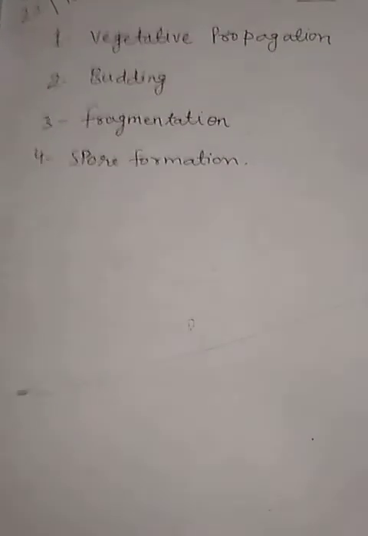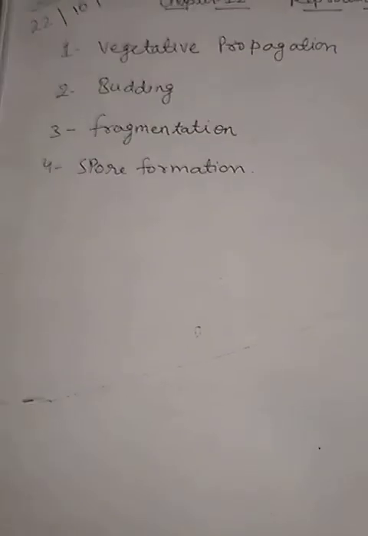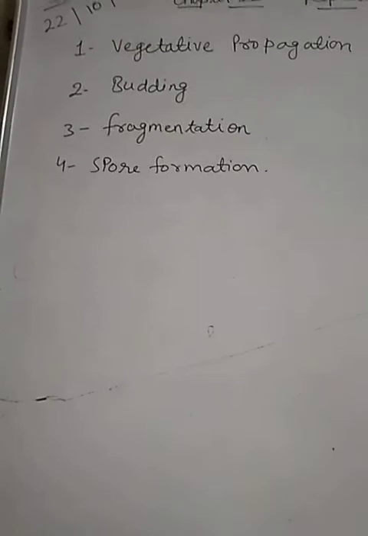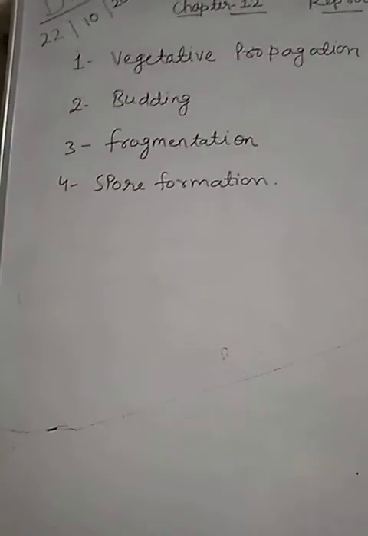First, by cutting. In some plants, a part of the stem is cut and fixed into the soil, and after a few days you will see leaves come out from that cut part, which is sown into the soil and gives rise to a new plant. The very common example of vegetative propagation through stem, or by cutting the part, is seen in the rose plant or in money plants.